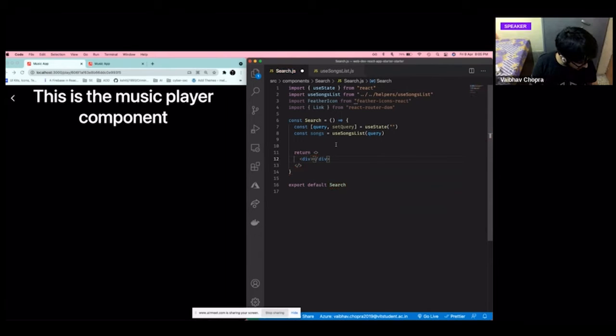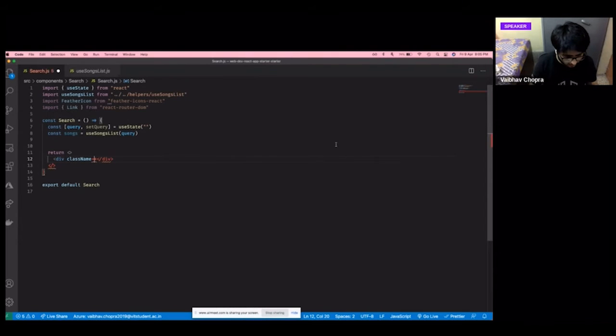So I'll have a div again, and this one has a lot of classes. So please pay close attention. I'll make it full screen. So one of the classes that we'll start with is we'll set the padding bottom to 0. Okay, bottom padding to 0. We'll make the display to flex. We will fix this on the top, because I think we want the search icon and the input box for the searching to be on the top. End 0. I think this will push it towards the end.